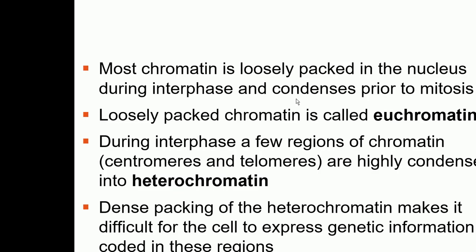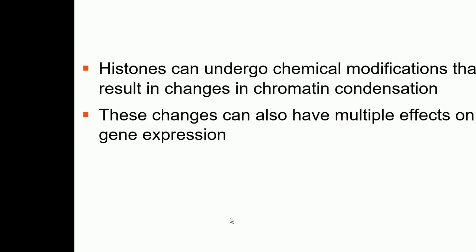In the chromatin, there is loosely packed chromatin, called euchromatin, and tightly packed chromatin, called heterochromatin. Usually at regions like centromeres and telomeres, the chromatin is very highly condensed, and that is called heterochromatin. Wherever the chromatin is very tightly packed, expression of the genes cannot take place. There are many mechanisms, many modifications which take place to the histones, because of which the chromatin becomes loose and then the genes can express. Gene expression we are going to talk about in the next chapter.